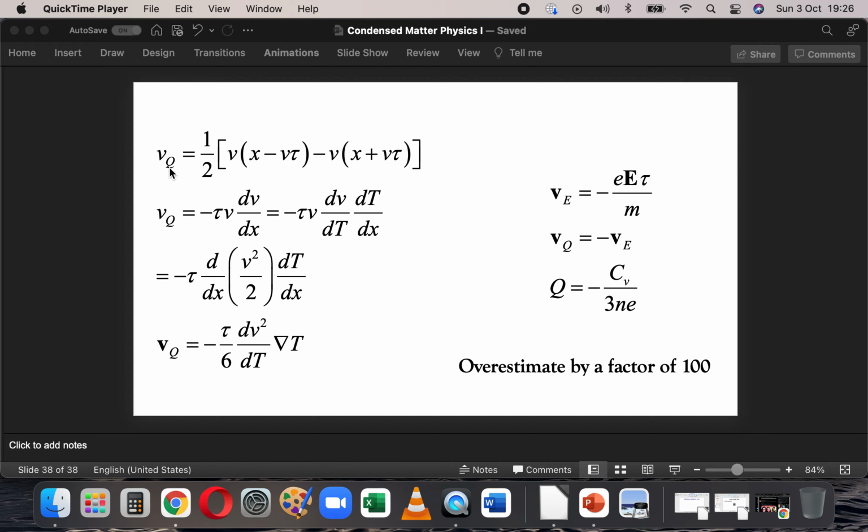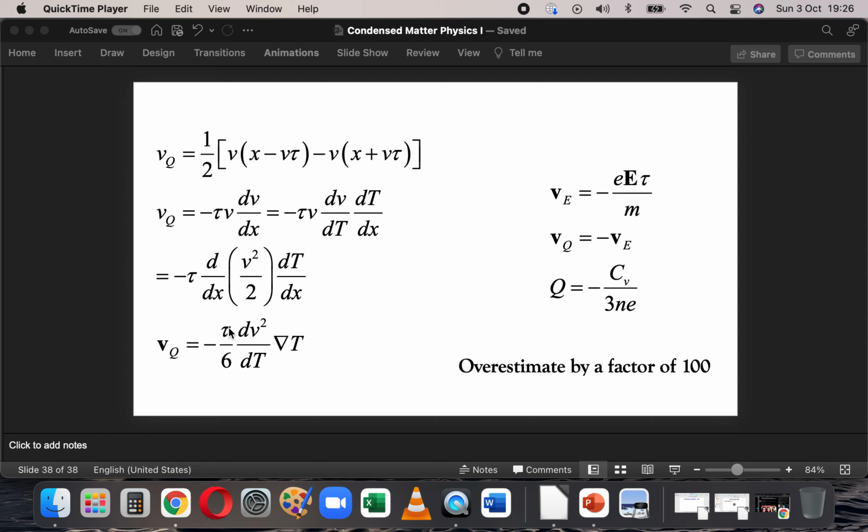So this is the velocity due to the thermal gradient established due to the heat, and you can write this as half the number of electrons moving from left to right, plus half the number of electrons moving from right to left, exactly the same way. And you can do a Taylor expansion, write it in this fashion, and introduce the thermal gradient as well. And you can write this v dv by dt as